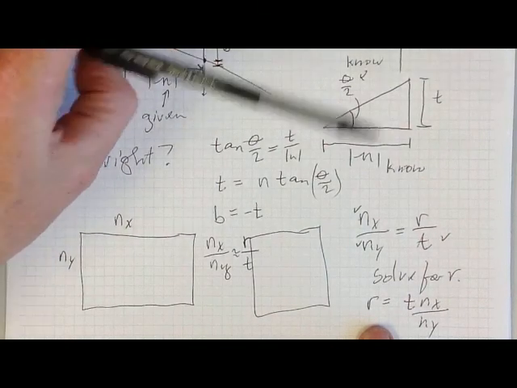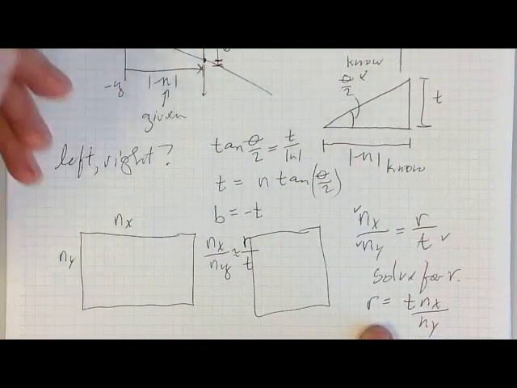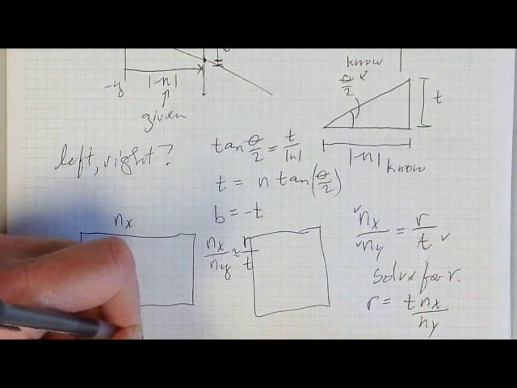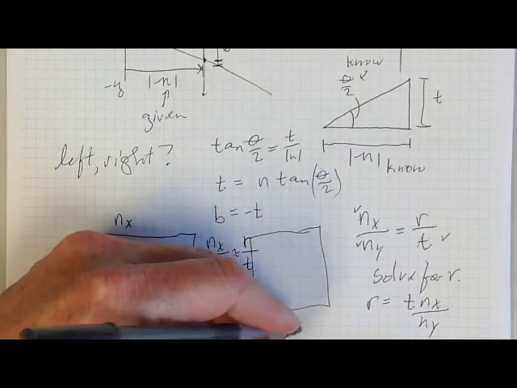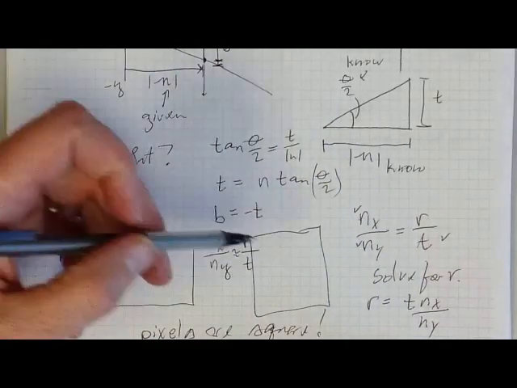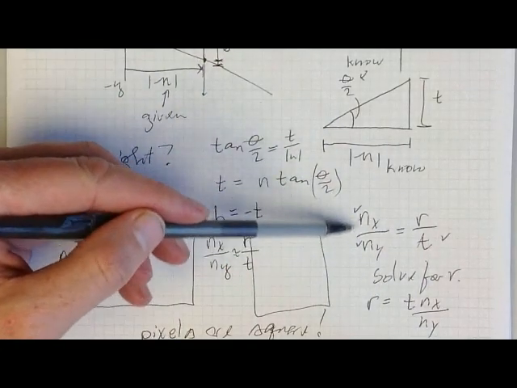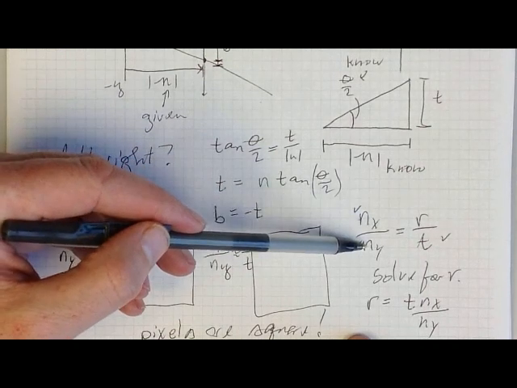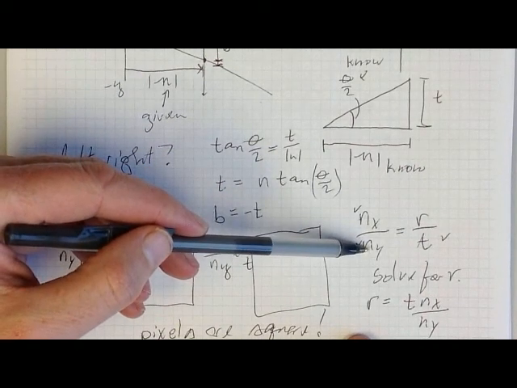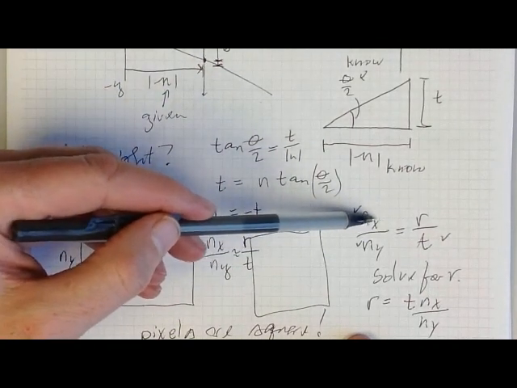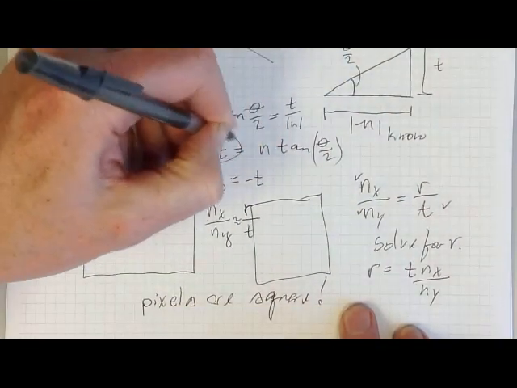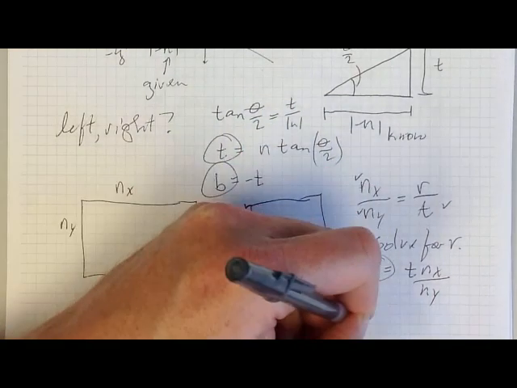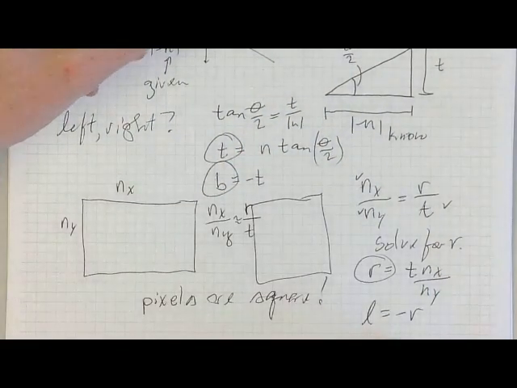In this particular video, the right edge of the viewing plane kind of sticks straight out from the paper. Now along the way, I've made the assumption that my pixels are square. So I'll just encourage you to think about where the assumption that my pixels are square came in. And basically, just to give it away, I didn't have to multiply these by a scalar because one unit of nx is the same as one unit in ny, because the horizontal dimension of my pixel was the same as the vertical dimension of my pixel. So now we have figured out t, b, and right, and left is just equal to negative right. So now I know where the edges of my